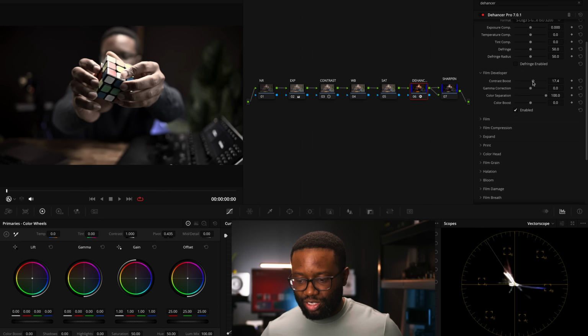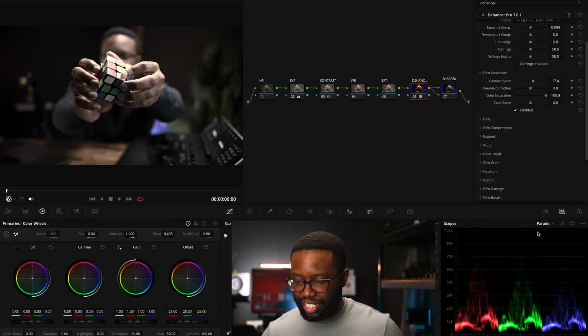Do I need to add some more contrast? Let me go to the parade. You can see what it's doing to my waveform, to my scopes. So this is the same thing like contrast and pivot. For now, I'll not touch that. I'll reset all that and then boost up my